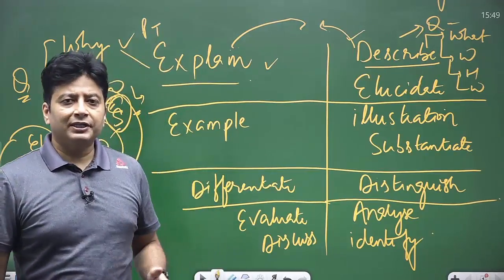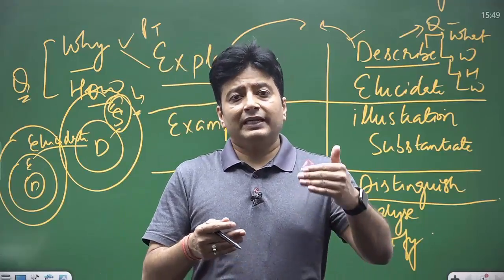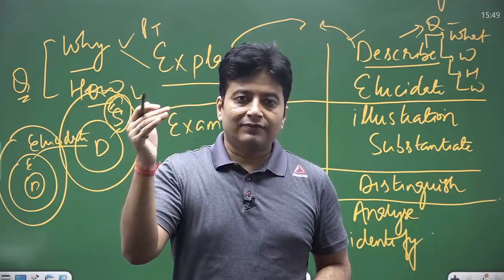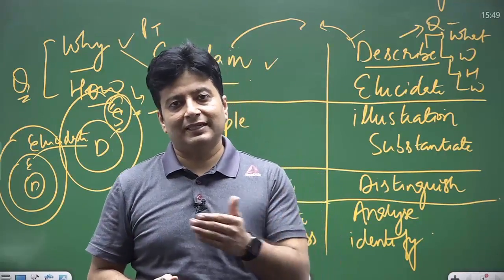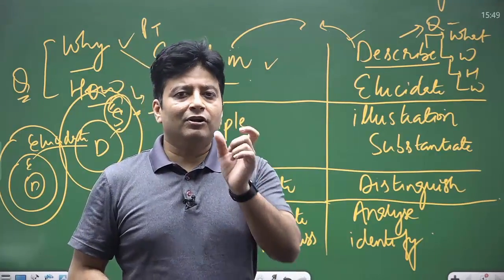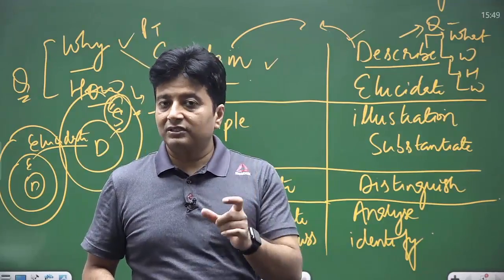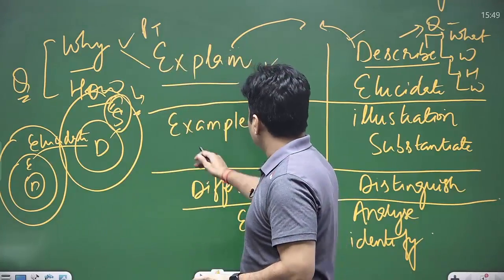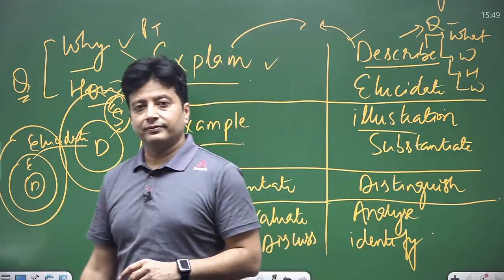When we talk about elucidate, we are not only explaining, we are also interconnecting the other exams, the other phases, other reforms that we have taken so far in the UPSC exam preparation. So these words may not be that noticeable, but for a smart student, these words matter a lot to fulfill the demand of the question. When we talk about example and illustration, what is the difference between these two?